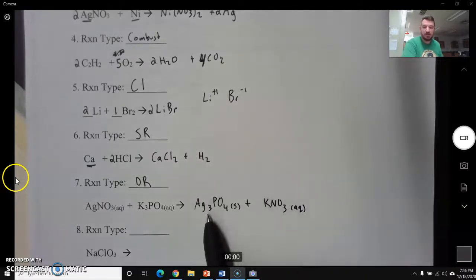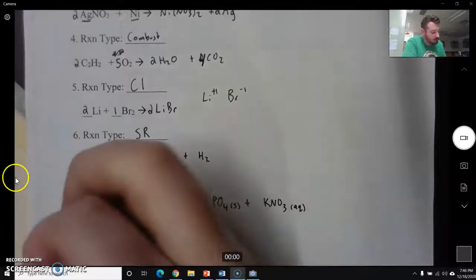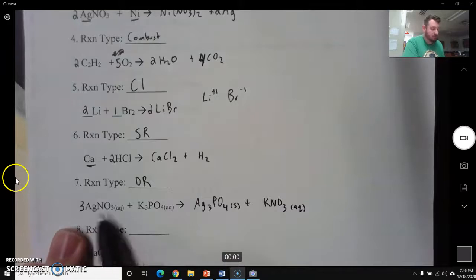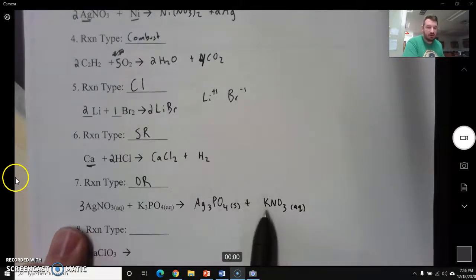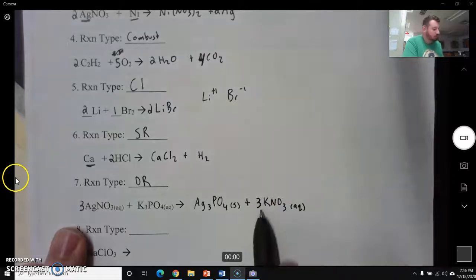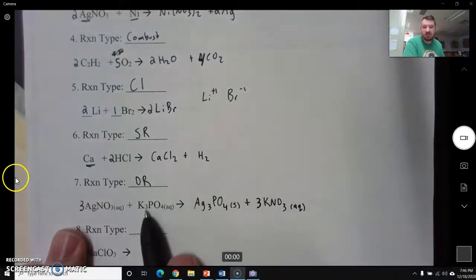And the last thing we need to do before we're done with this double replacement reaction is balance it. So if I have 3 silvers on my product side, I need 3 silvers on my reactant side. That got me 3 nitrates on my reactant side, so I need 3 nitrate ions on my product side, which then gave me 3 potassiums, which balanced out my other 3